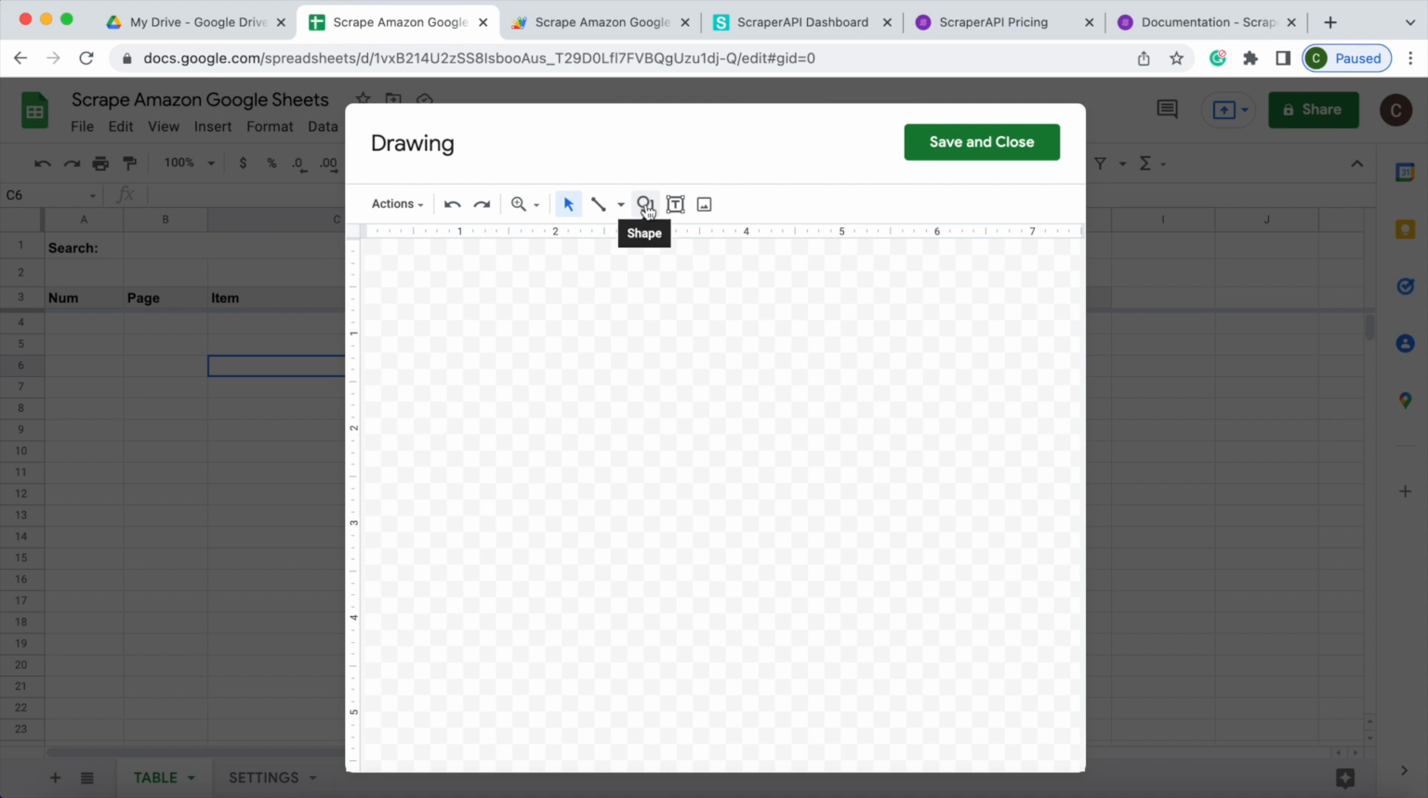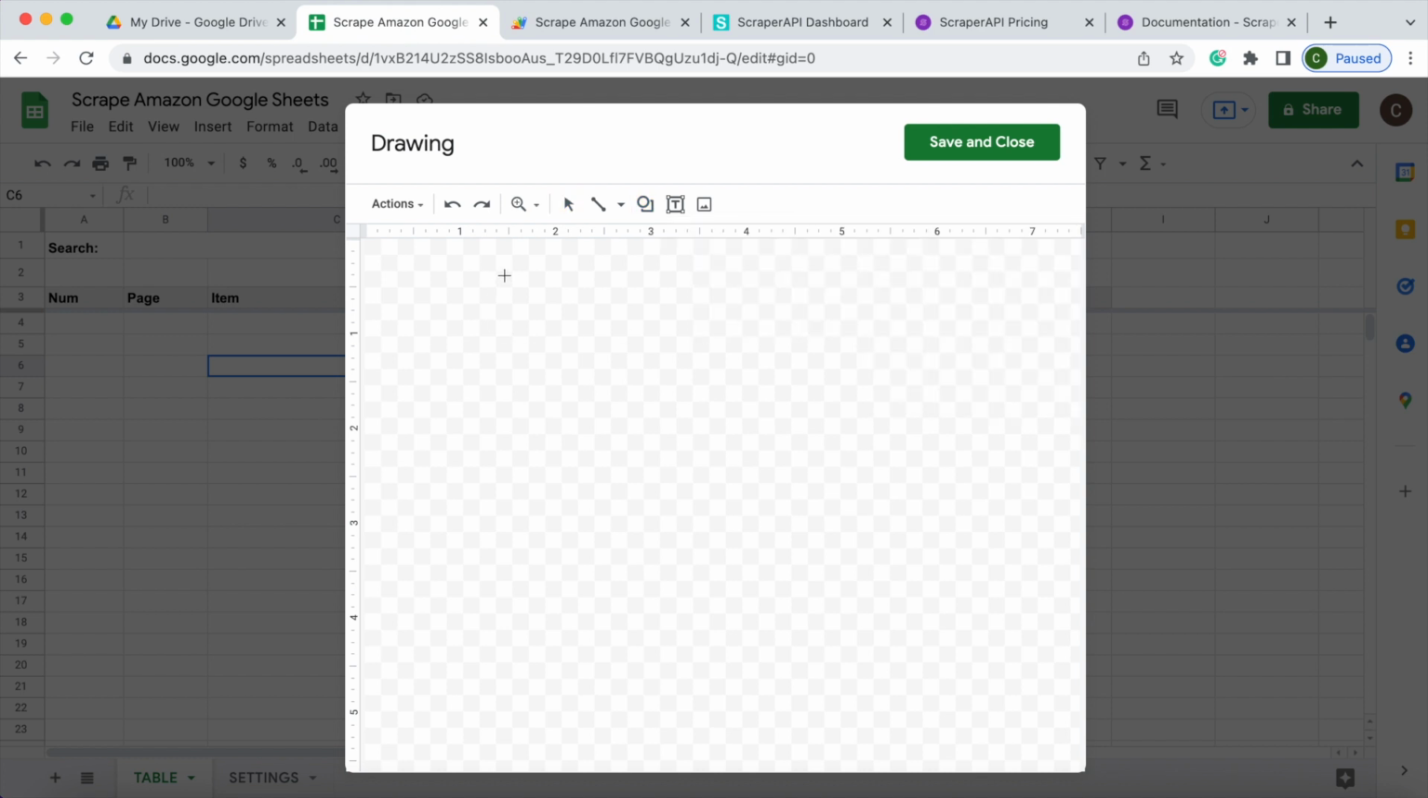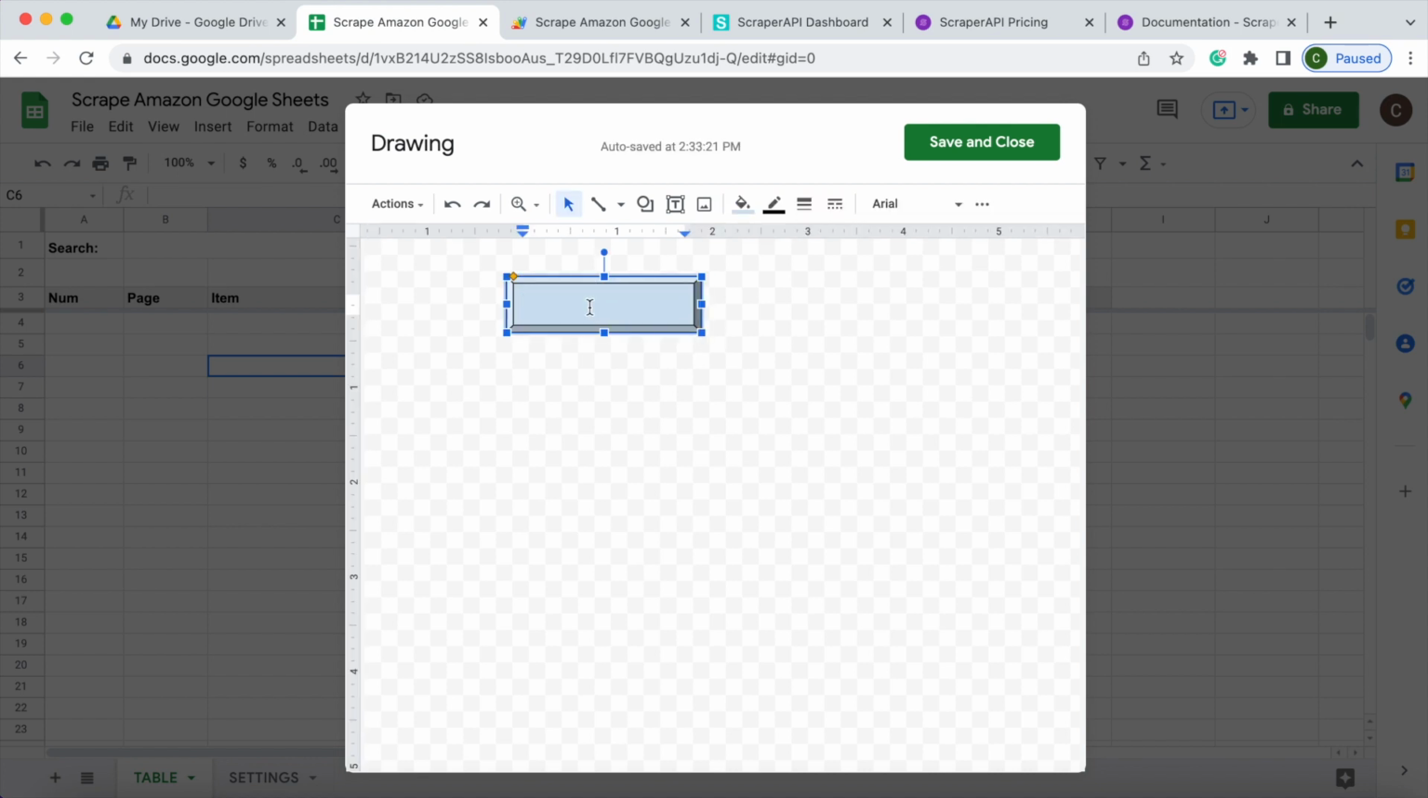And I'm going to go up to Shape. And we're going to do the rectangle here, and then I'm going to pick this one down here that looks like a button. I'm going to hit the left key on my mouse. I'm going to drag it over like that, and I'm going to double click into it, and I'm going to give it Get Records,